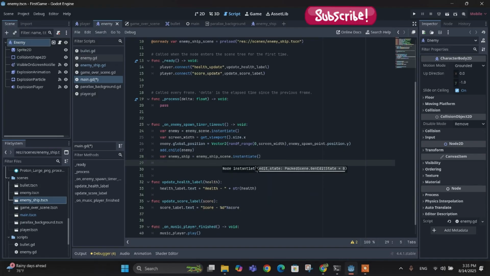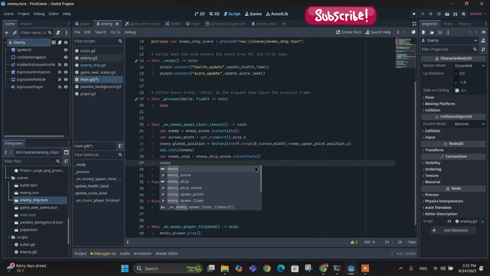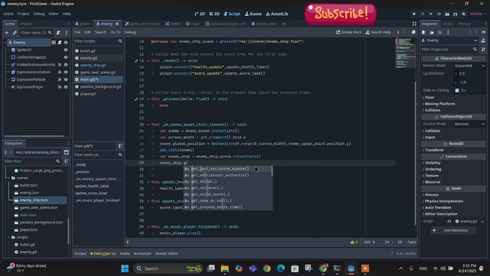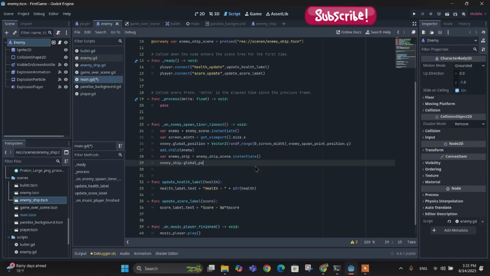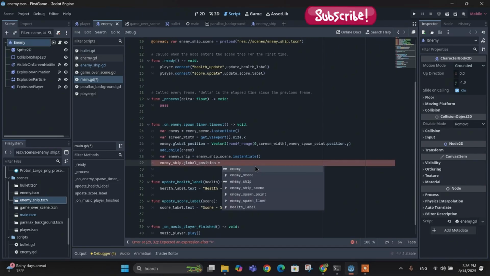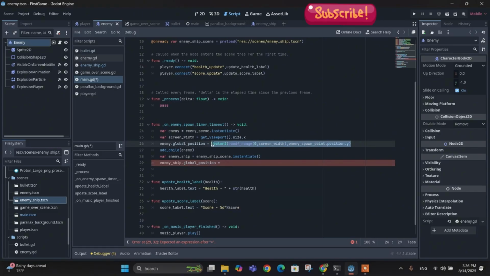So once we have instantiated, we will also assign the position for our ship, enemy_ship.global_position equals to just copy the same code here, Control C, Control V, and now